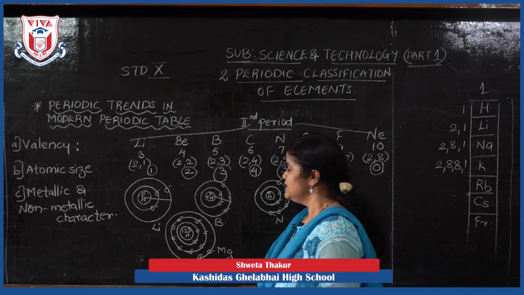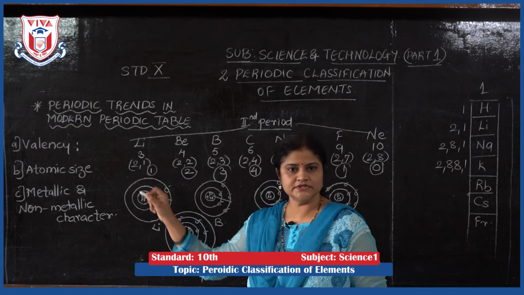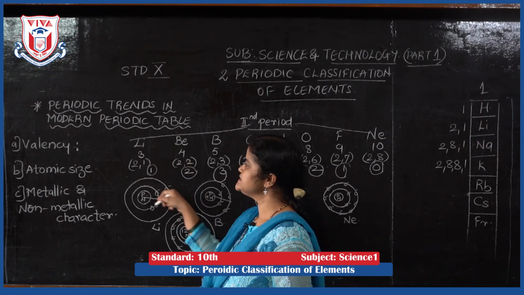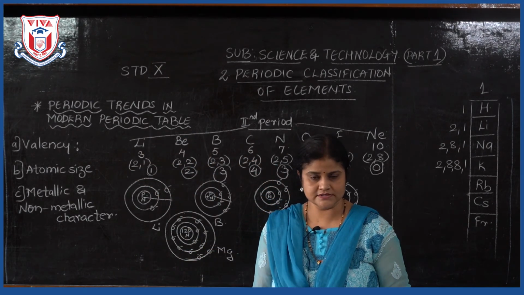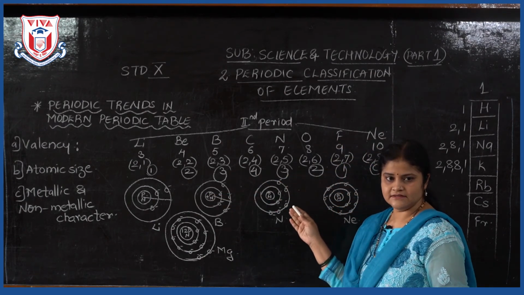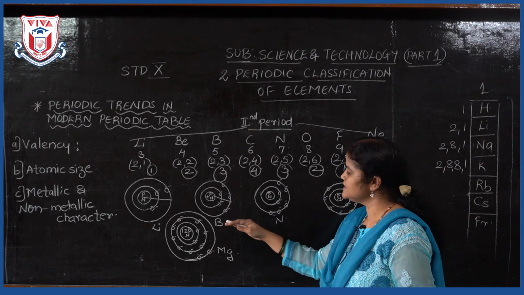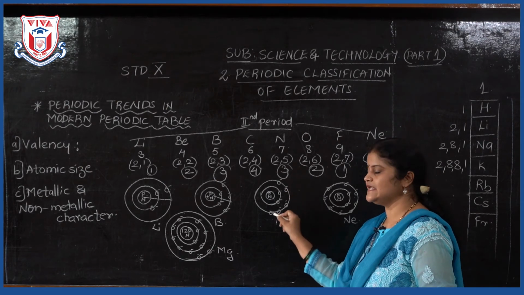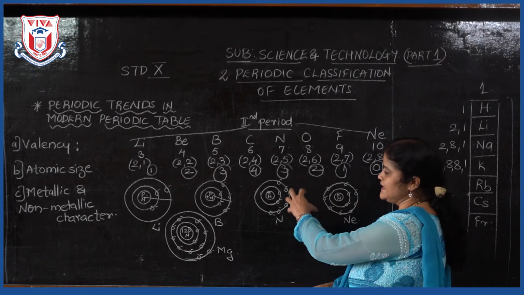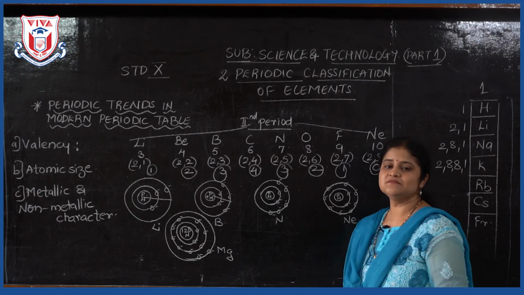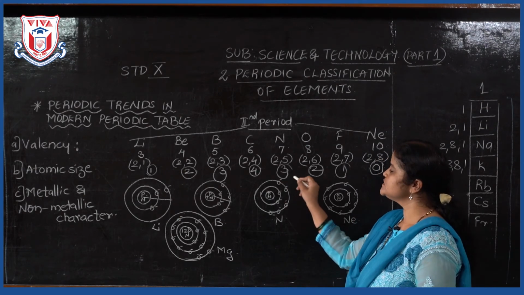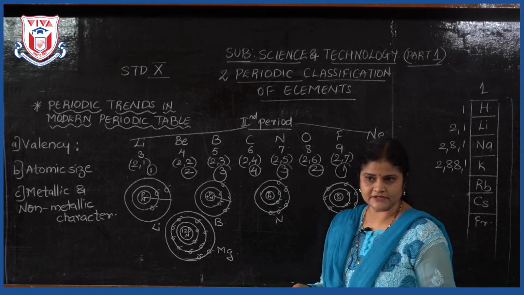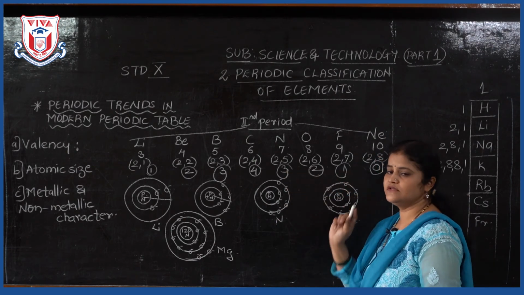Now, why does this happen? If we observe the number of electrons in the outermost shell, of course, the attraction, as said earlier, is more. So here, the metals are interested in donating electrons. When the attraction increases, if we see boron or nitrogen or neon, the number of electrons has increased, and according to that, the attraction also increases. Then it becomes very difficult for the element to lose any electrons. Hence, they are in a condition to accept electrons. Hence, the valency also goes on decreasing.